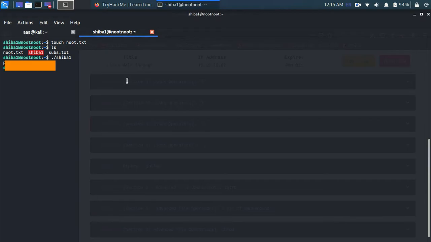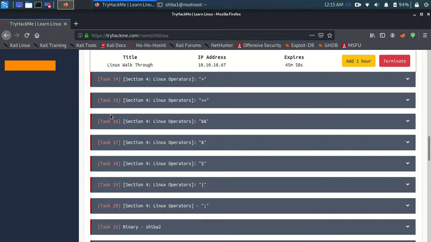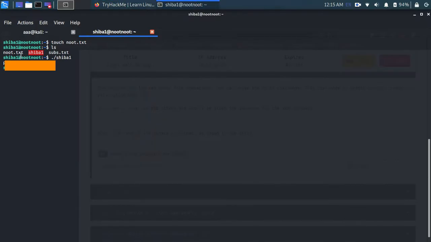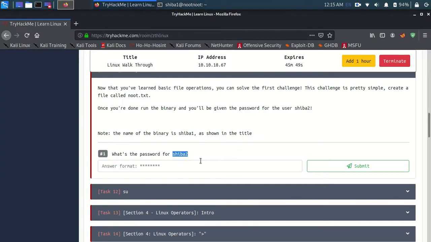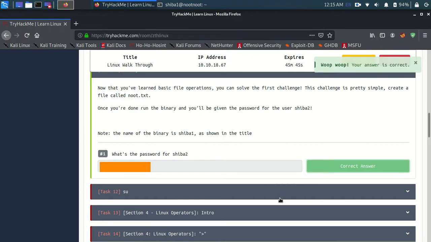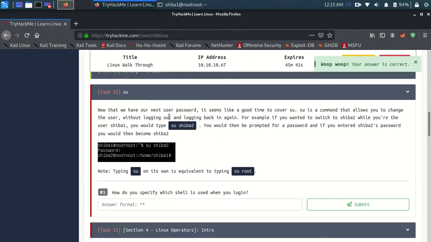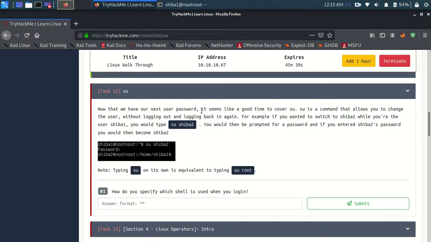Once we run this, it tells us that it has given the password for Shiba2, which is this. So we can copy this and paste it here, and it's done.